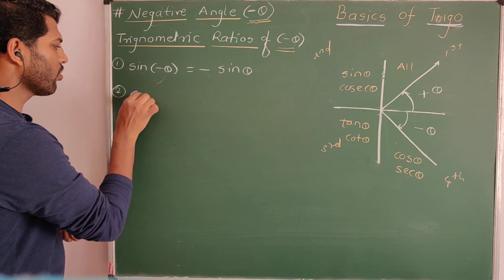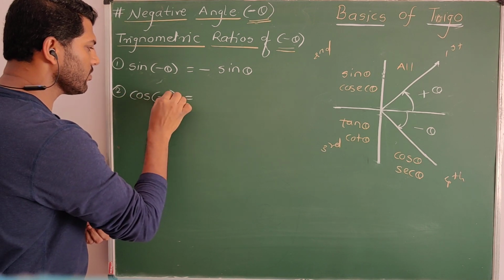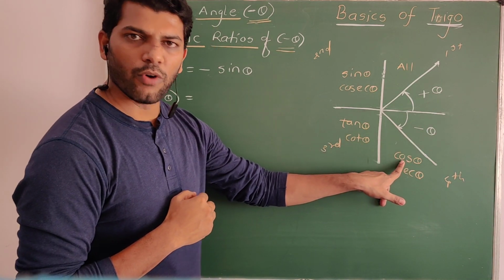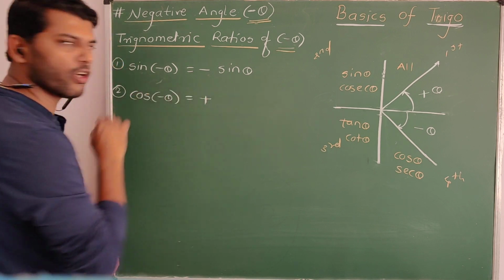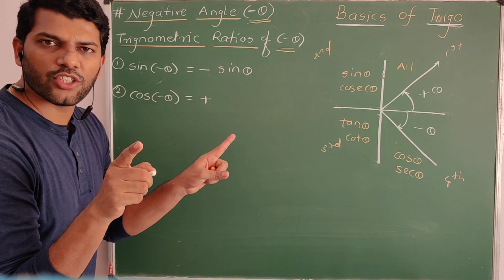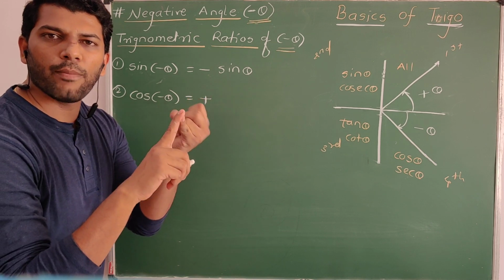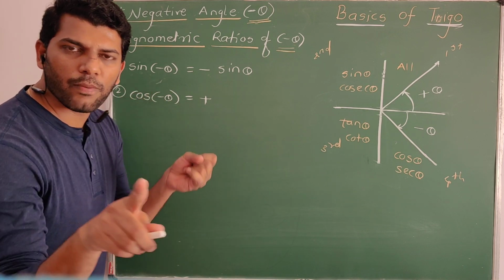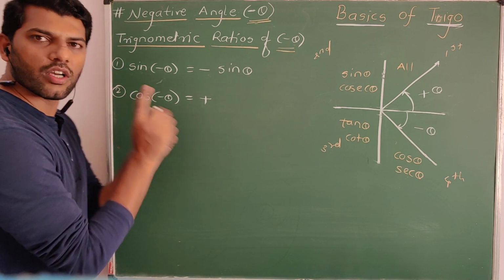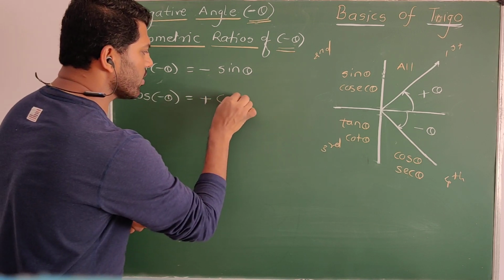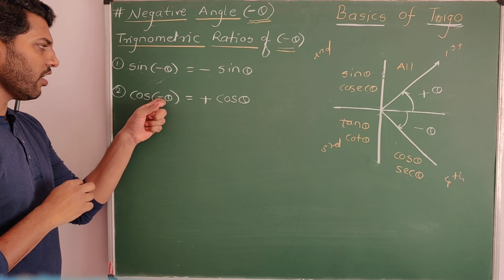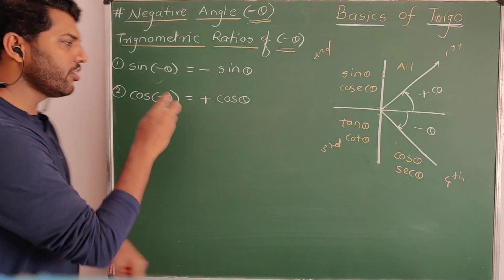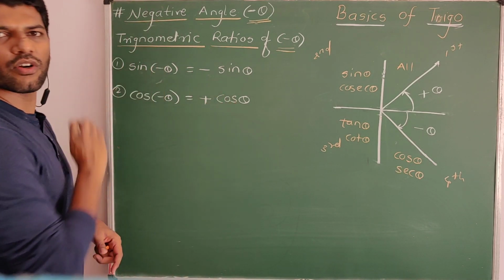Okay, the second one is cos of minus theta. Once again, minus theta means fourth quadrant. In the fourth quadrant, cos is positive. Here it is a cos, so the outcome must be positive. And please don't change the trigonometric ratio. If you are following my previous videos, for pi by 2 and 3 pi by 2 you have to change the trigonometric ratio. Since there is no pi by 2 or 3 pi by 2, keep cos as cos. So the answer is plus cos theta. Are you understanding? Therefore, cos of minus theta is plus cos theta.